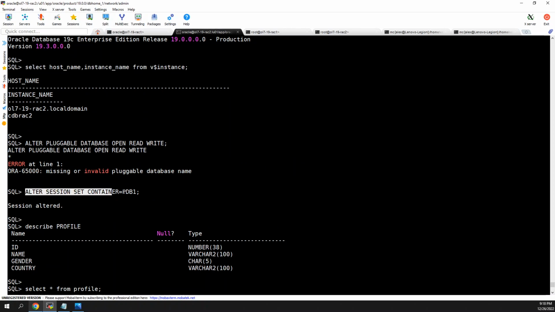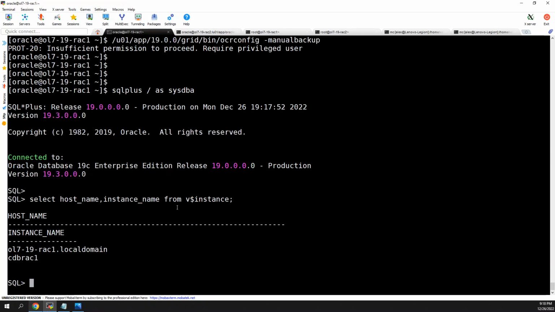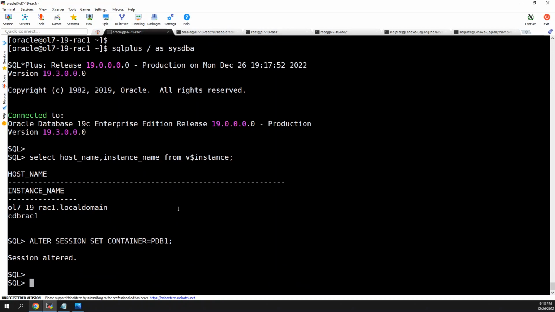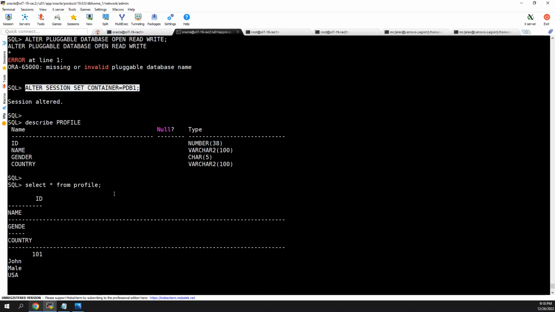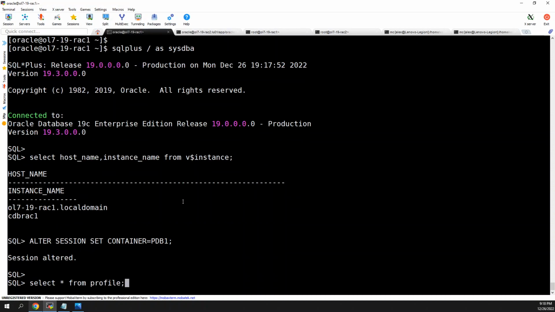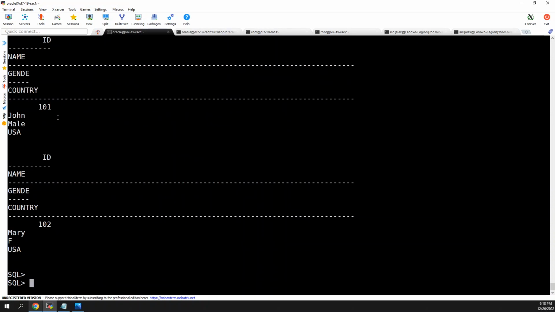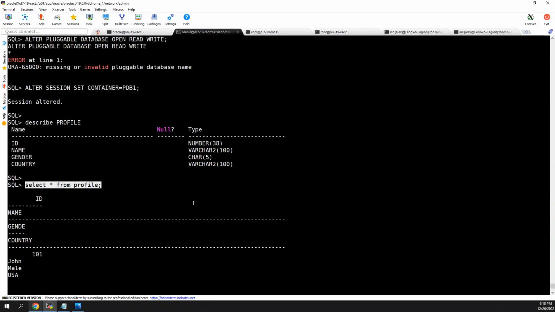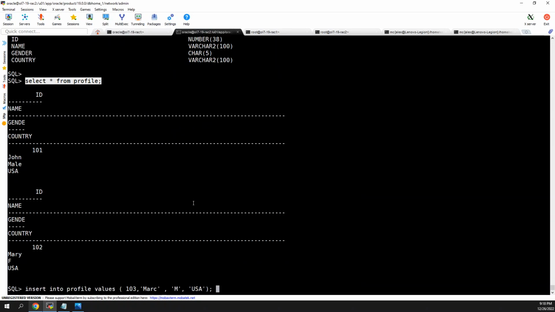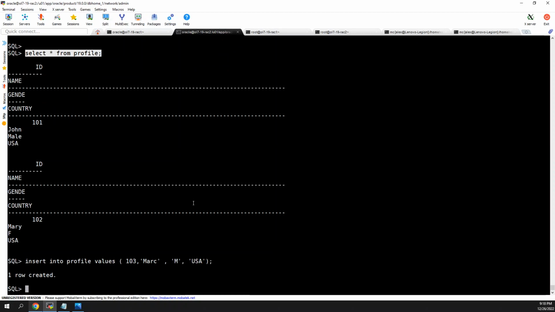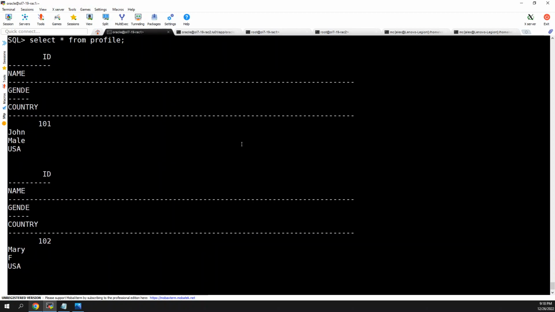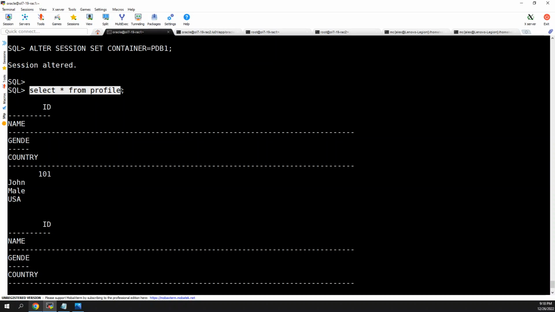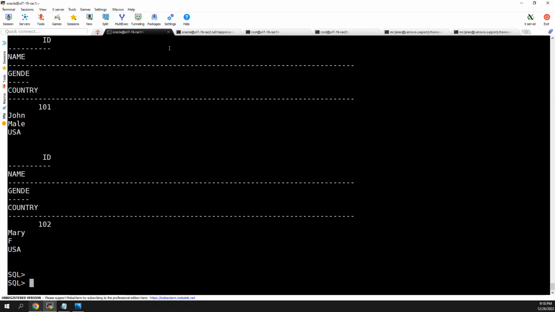Let's alter container pdb1. Let me see that I have the same data on the profile table. Okay, I have two records, and now to insert the third record, still two records,